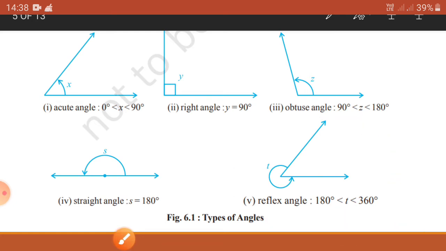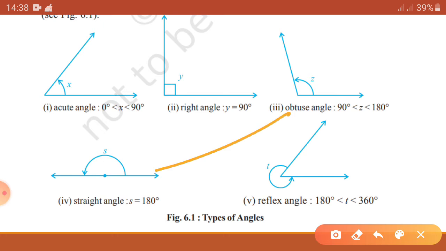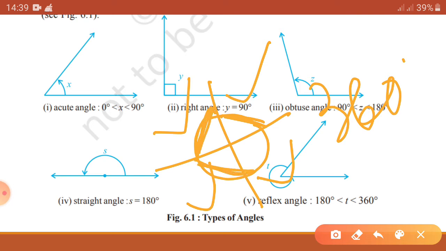So we know total value of degree for all quadrants is 360. Because we know x-axis and y-axis divides the whole xy plane into 4 quadrants. This is the first quadrant, it is the second quadrant, it is the third, and it is the fourth, and each quadrant has the same value equal to 90. So this quadrant is equal to 90 degree, this quadrant equals to 90 degree, this also 90, and this also 90. So total value of all quadrants is 360 degree.